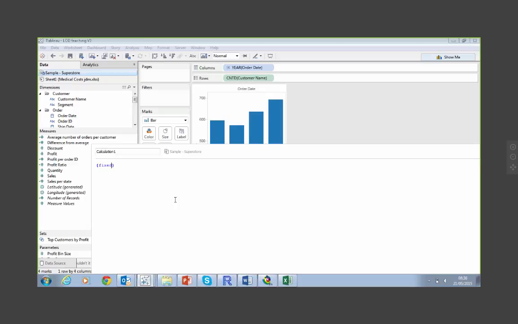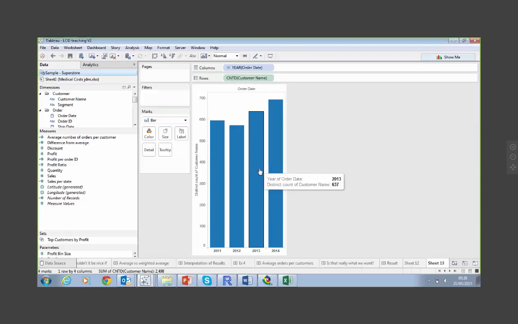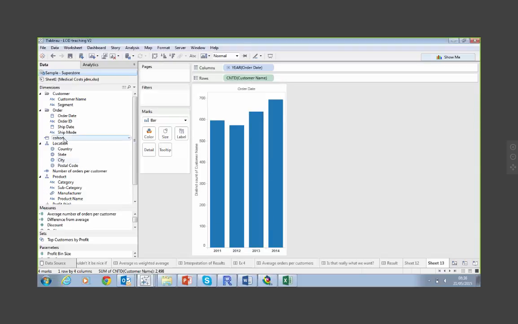So here you could say, I think this is one of the calcs that Craig had shown, you fix to the customer level the minimum order date. So this is now your cohort.